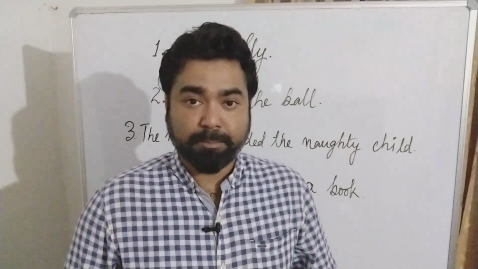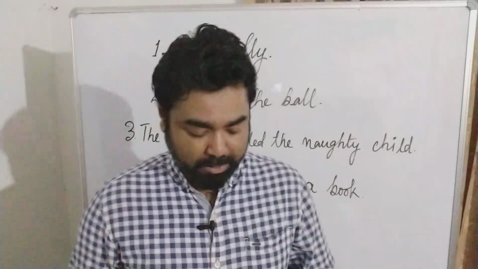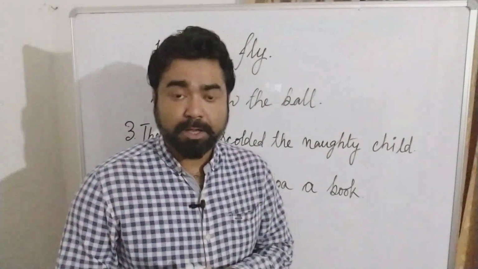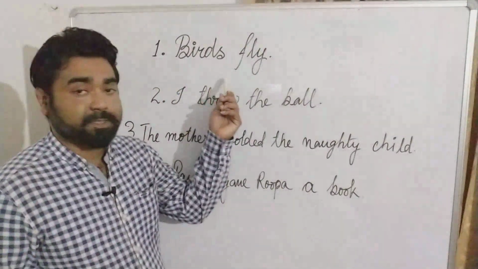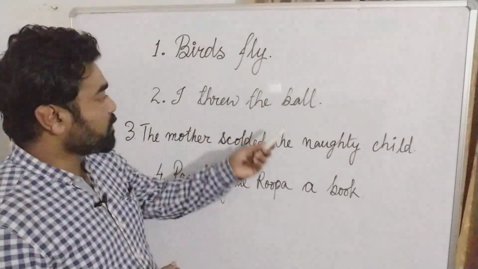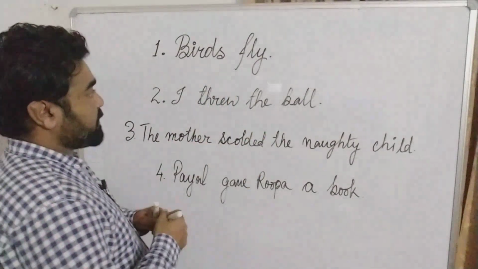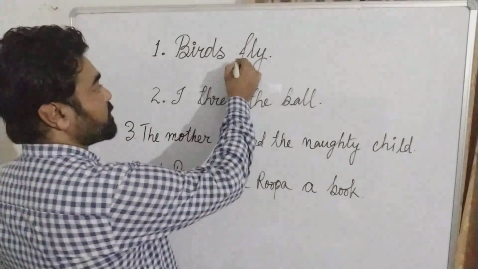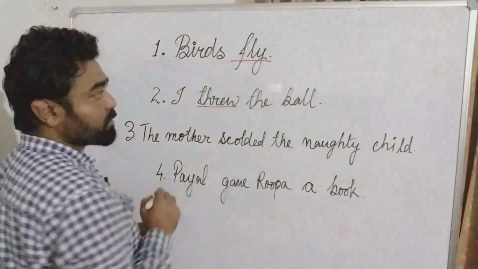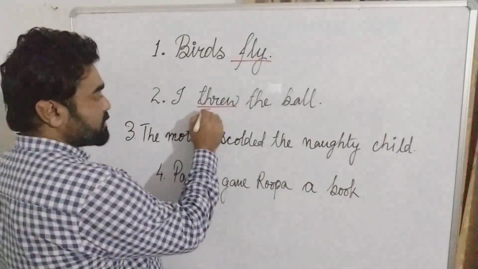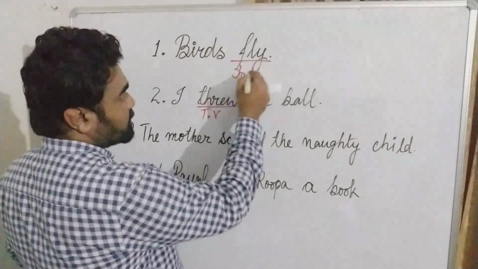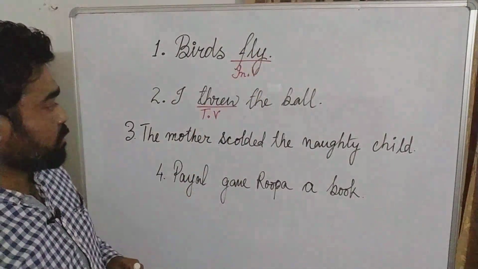After this, they have given an example which I have written here and I am going to explain right now. So let's look at transitive and intransitive verbs as well as the object. I am taking the same example I used in the previous video, birds fly, and the second example from the book, I threw the ball. Now let us straight away identify the verb first. In the first sentence the verb is fly and in the second sentence the verb is threw. So the book tells us that threw is the transitive verb and fly is the intransitive verb. This example is not in the book.